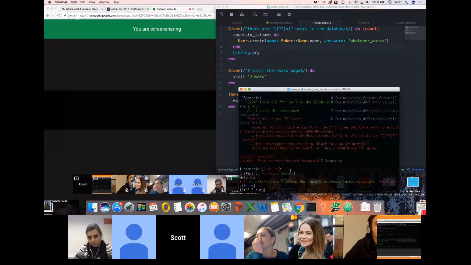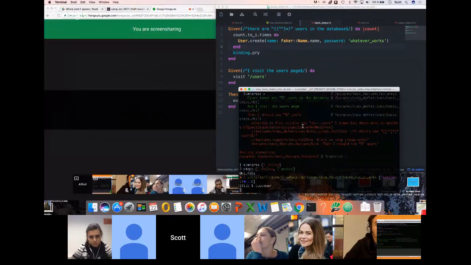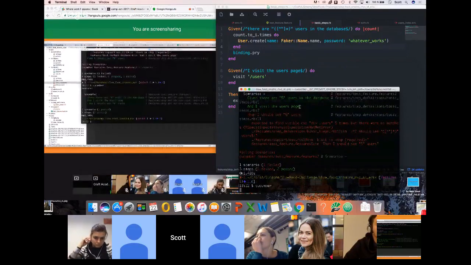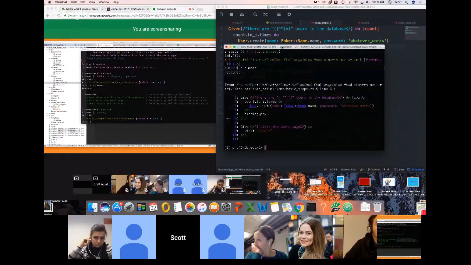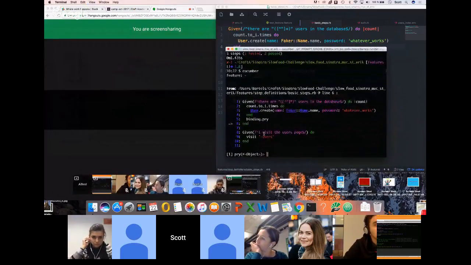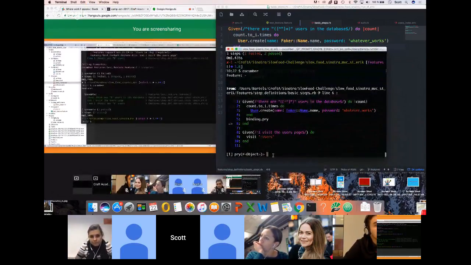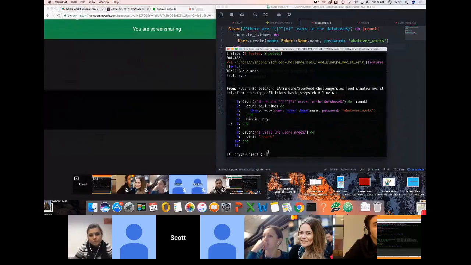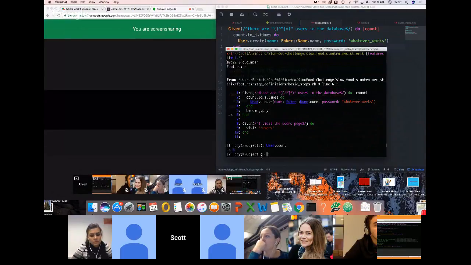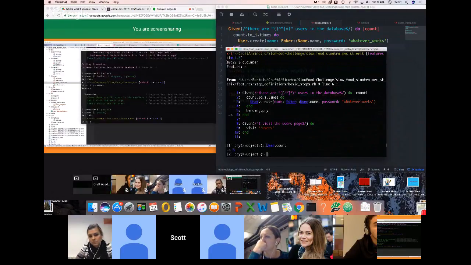Wait, just cucumber? Yeah. So what happens now is that we have to debug why this is not showing. It looks good to me. I don't know if we made some typo. So now we've created those users. So let's just do User.count with a capital U. Right, you have 5 users. That's good. So just type quit on this